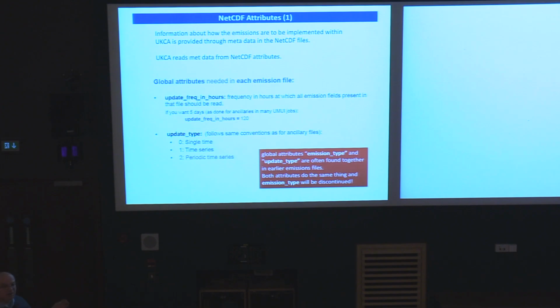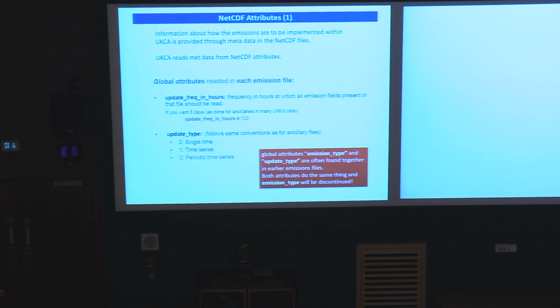In a NetCDF file, the emissions flux variable will have its own attributes. However, the whole file can also have global attributes. You can include as many attributes as you want when you generate emission files. However, there are two that the model needs at present, which are the update frequency in hours and the update type. The update frequency in hours tells the model how often it needs to update the emission fluxes. So if your data provides monthly mean fluxes, a function will smooth out these fluxes over the course of the year in a way that the entire mass over the year is preserved.